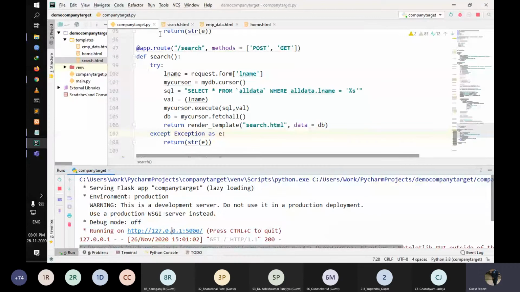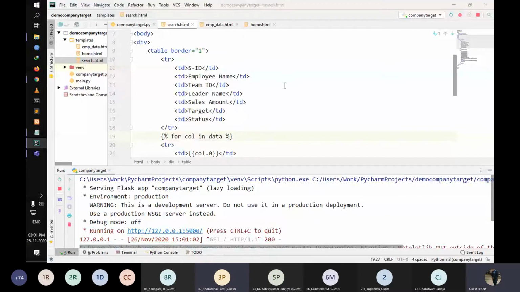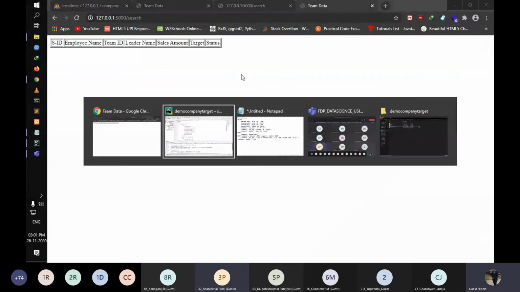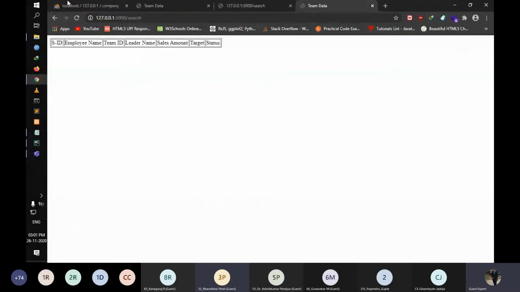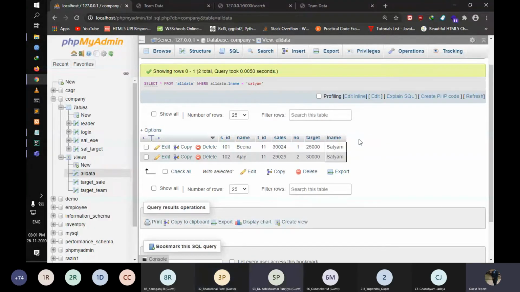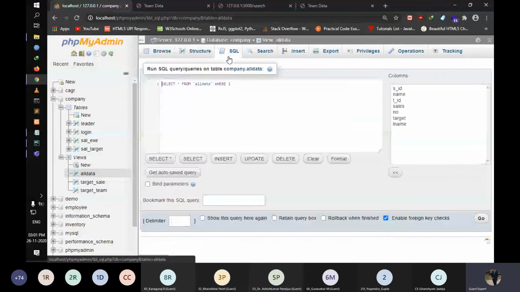We are going to the search file. Sir, is Satyam small case or is a capital S there? I don't know whether it's case sensitive or not. Right now, you can just see. Okay, let's see.